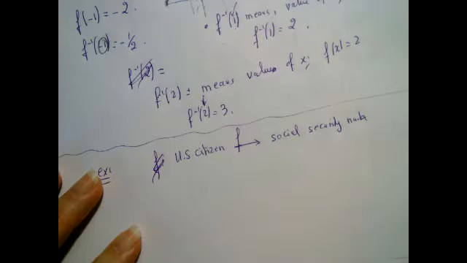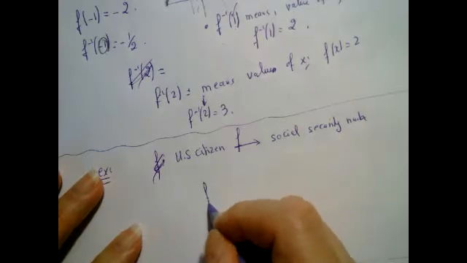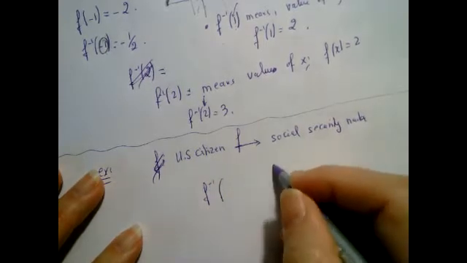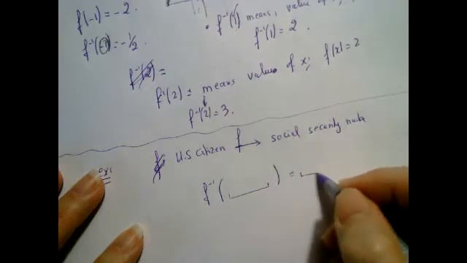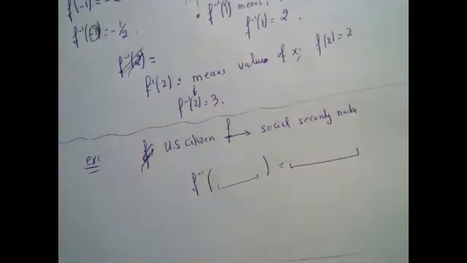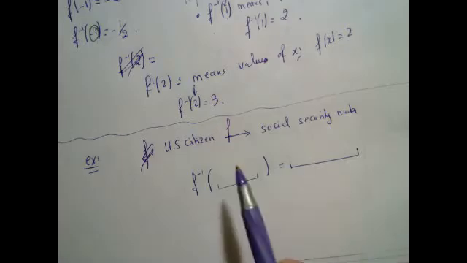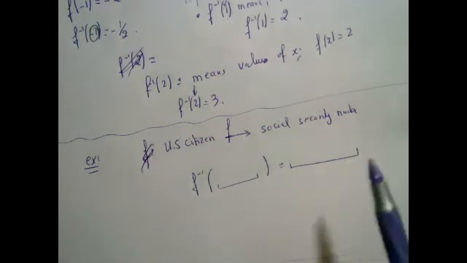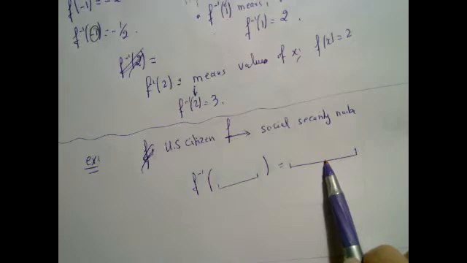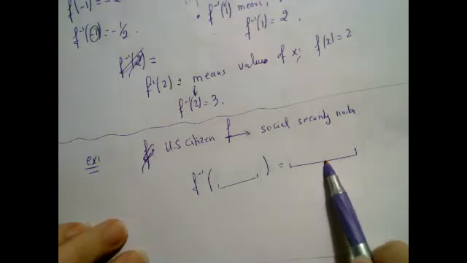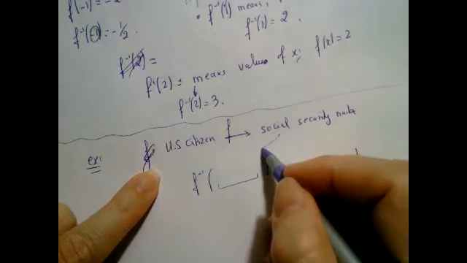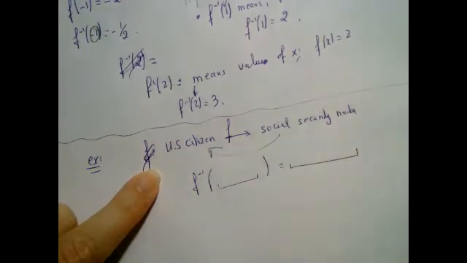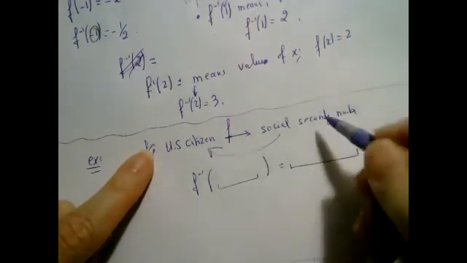What will become f inverse? F inverse will take what as input and spit out what for us? What kind of assignment does f inverse do? What should I put here? Okay. F inverse does the opposite. You give it the social security number, f inverse will give you the name of the US citizen who has